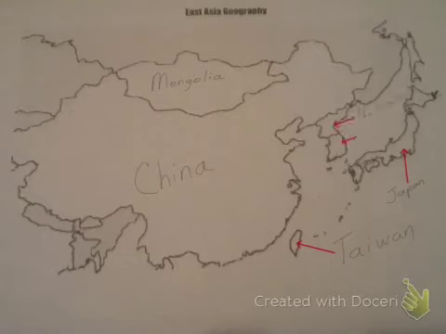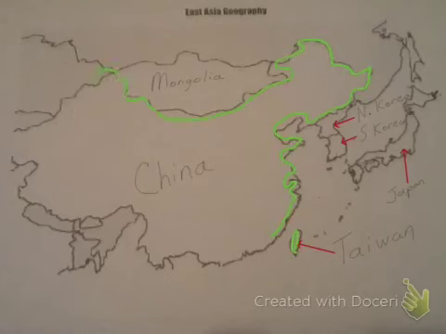Now, these two are a little bit different. North Korea and South Korea. They are on a peninsula, and they are divided by the 38th parallel. The 38th parallel divided the countries at the end of World War II. Communists took hold of the north side, and they were Soviets, and they made the north side communist, and the U.S. helped the south side become democratic. Since then, North Korea is still communist and has suffered through the Cold War and everything else, and leader changes here in the last few months, or a few years, and South Korea is still democratic.